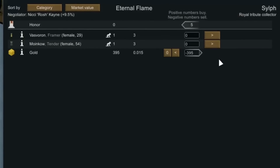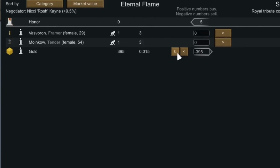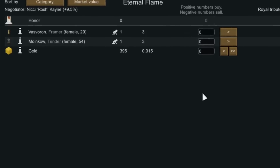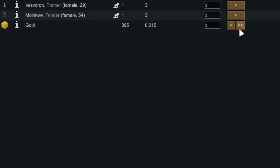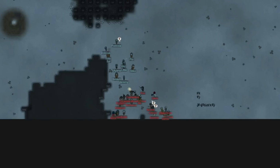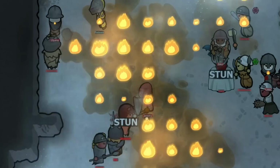As for now, I was thinking about maybe actually making a tribute to the Empire so that we could try to ally with them. I offered them all the gold that I had, but I wasn't very pleased with the very small amount of favor that would give me, so I decided not to do it. Perhaps another time, but as for now, it looks like we have a raid by a bunch of Impids